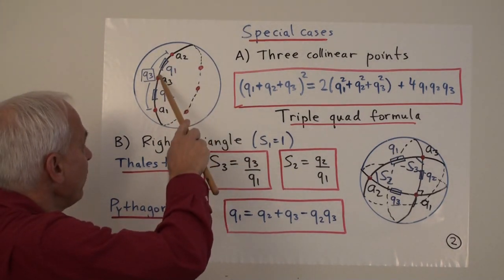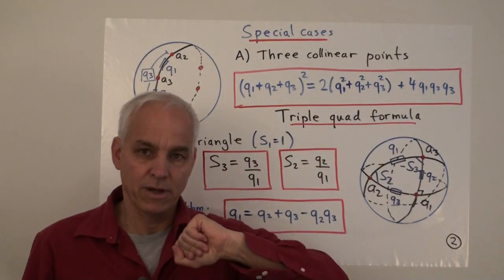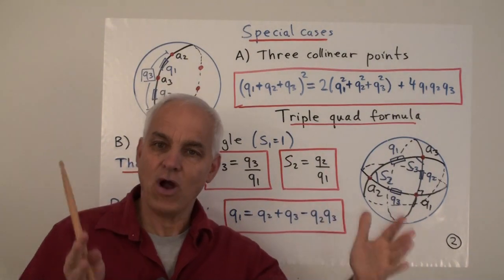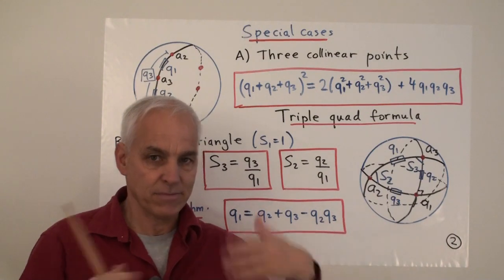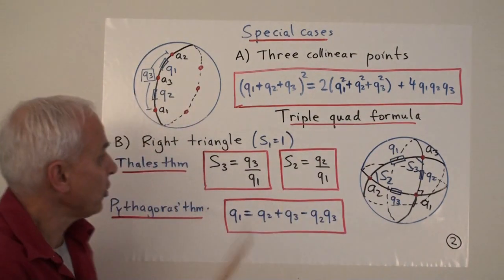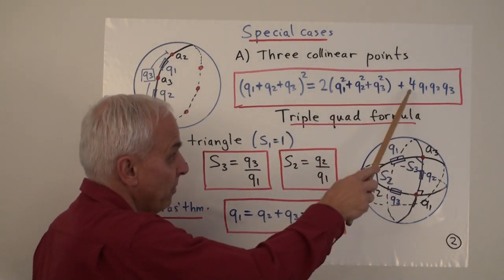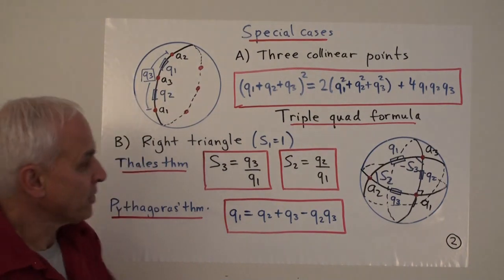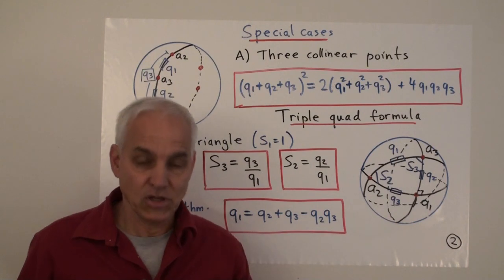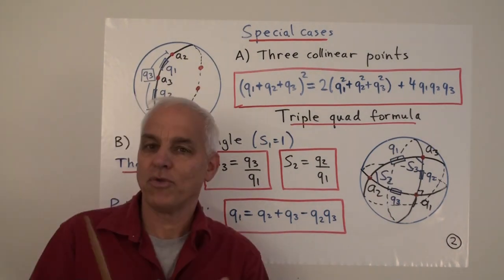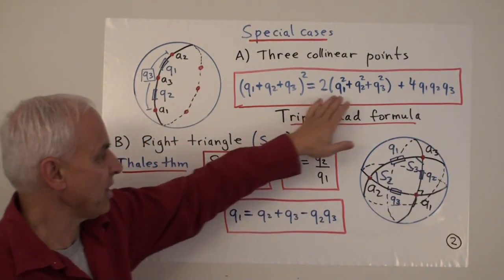So we have then the quadrances Q1, Q2, and Q3 satisfying this triple quad formula. This is what you get when you take the cross law and you set that spread, say S1, equal to 0, then the rest of it becomes this law here. (Q1 plus Q2 plus Q3) squared equals 2 times (Q1 squared plus Q2 squared plus Q3 squared) plus 4 Q1 Q2 Q3. So this is the projective triple quad formula. And in ordinary planar Euclidean geometry, this same formula is called the triple spread formula. So it plays sort of different roles. Absolutely key formula in mathematics.